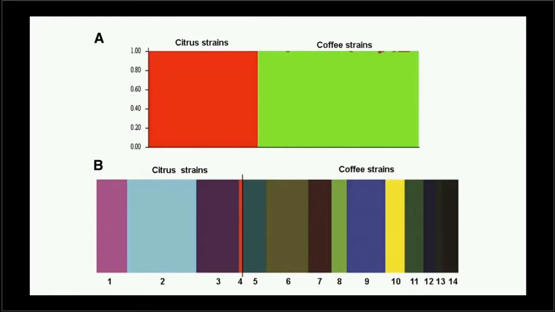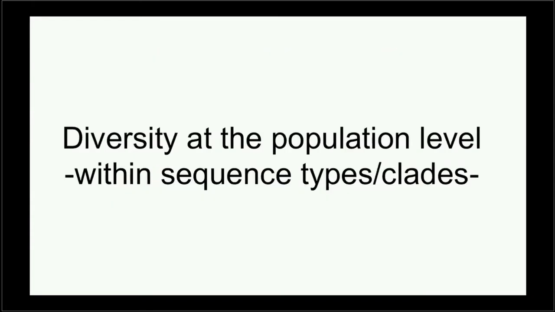I'm going to skip this. This is just to show that no matter how you analyze the data or generate data, we've done this for hundreds of isolates now, and the results are always the same. So you have diversity, you have these different subspecies, and it's very clear already that within subspecies, for systems that have been studied, you have very well-defined groups.